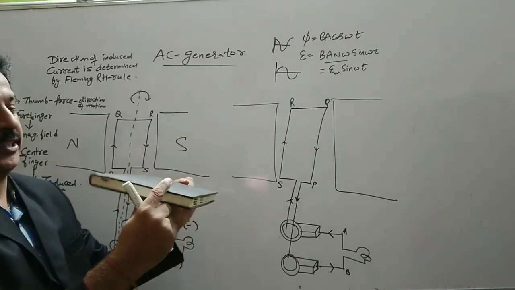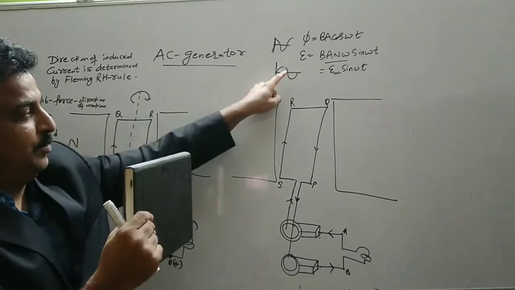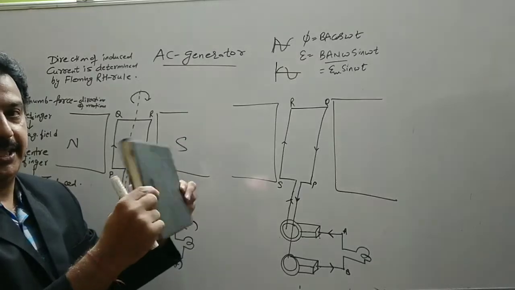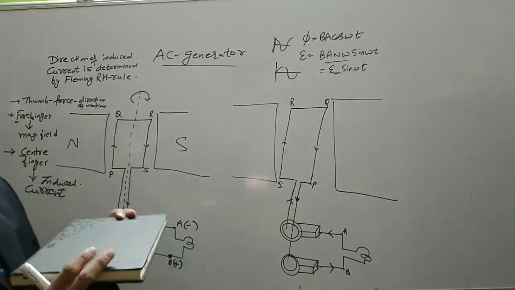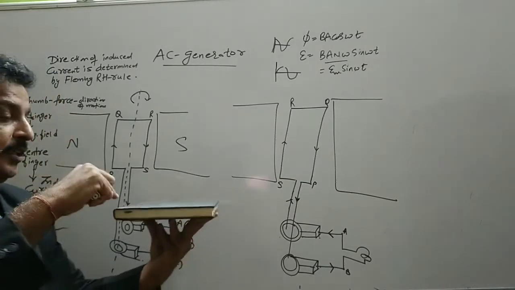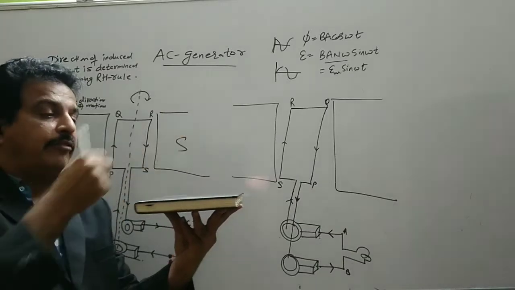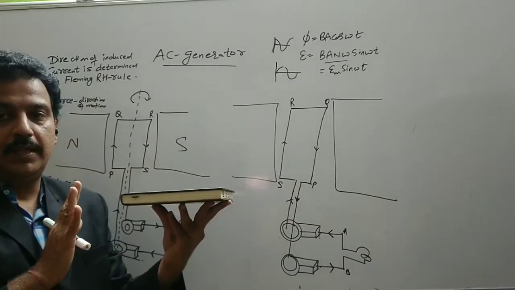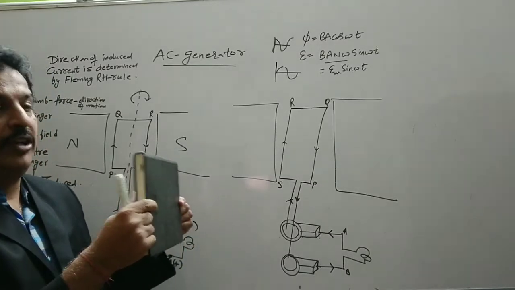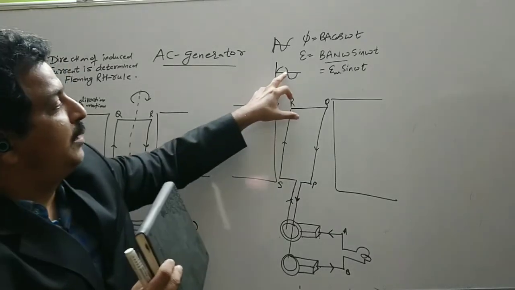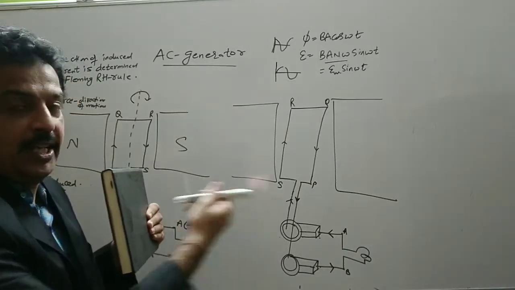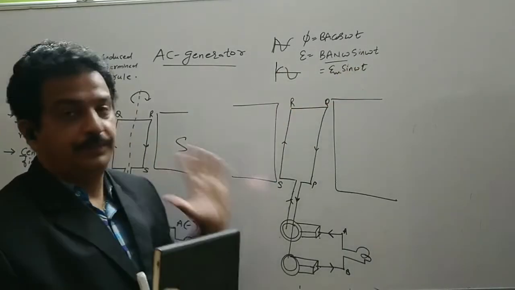Then the current will start decreasing. At this point, the current becomes 0. This is 0 to 90 degrees. Remember, we started like this to understand the direction of the induced current. Here the flux is minimum. Now when I rotate it by 90 degrees, the flux becomes maximum and current becomes minimum. Or you can put in an angle: area vector and magnetic field are in the same direction, theta 0, sin 0 is 0.